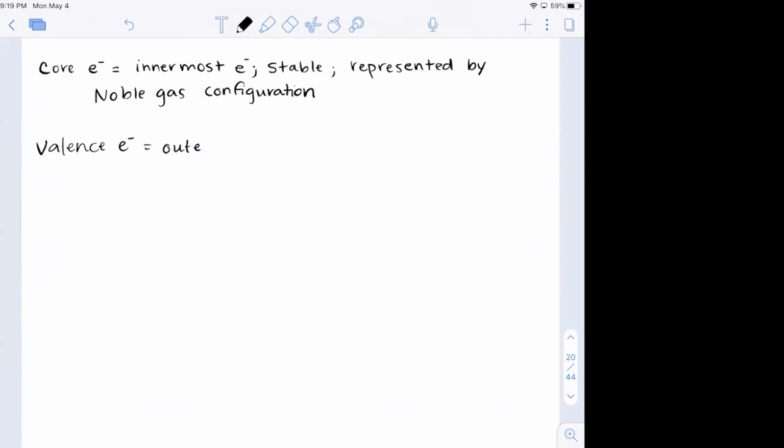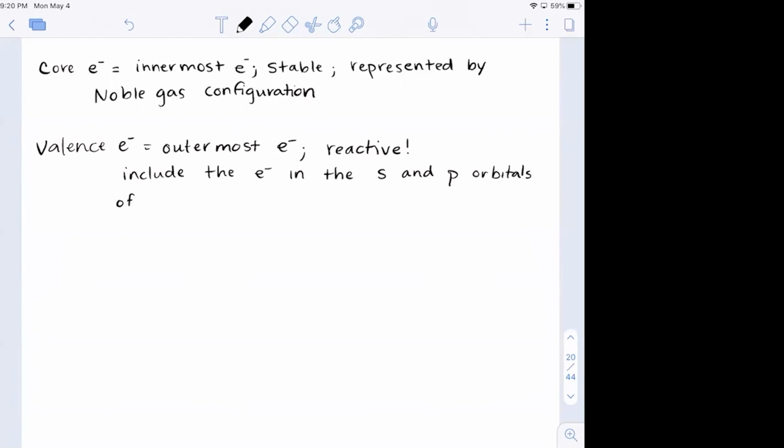These are the outermost electrons. These electrons are reactive. So we'll be able to look at those outermost electrons to understand physical and chemical properties. And they include the electrons in the s and p orbitals of the highest unfilled